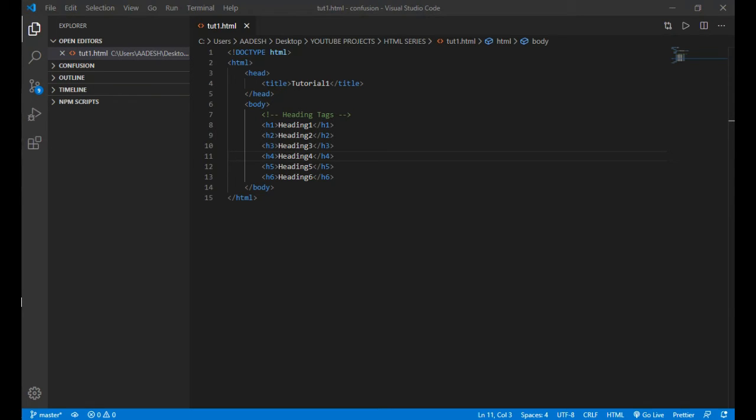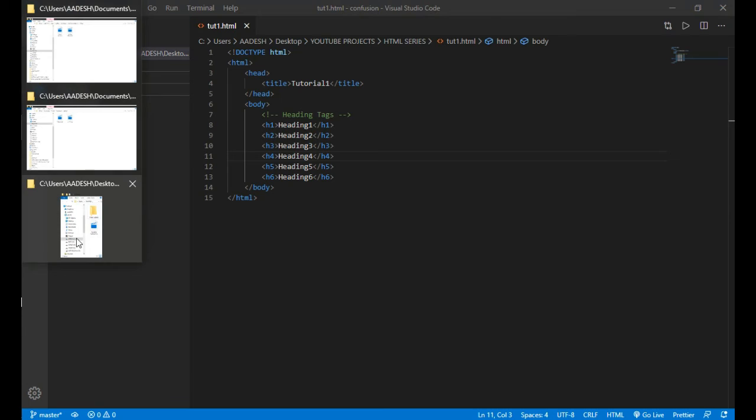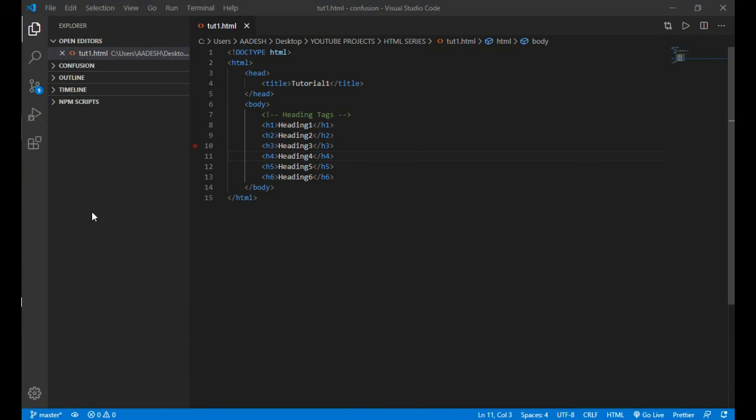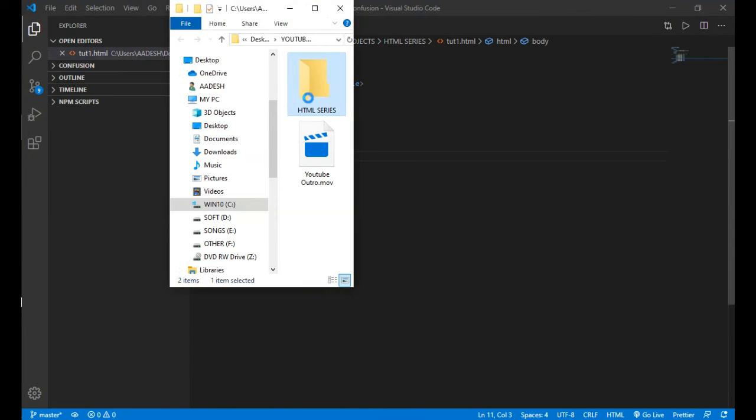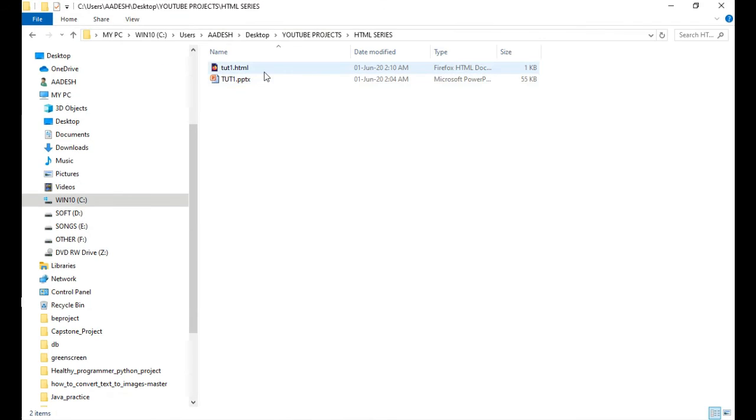So for that, let's go on our folder where we have stored our file, HTML series. Okay, so file with .html extension, we need to double click on that file tut1.html, double click it, and we will get redirected to browser, and that file will open in browser.